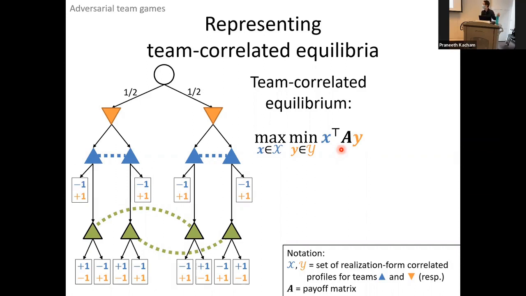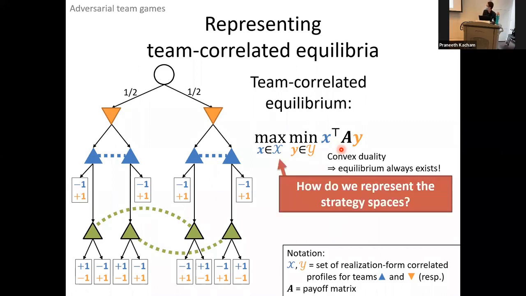Great. Now, given this, everything that you were mentioning a moment ago follows immediately. We have duality, we have unique values, we have a representation that can be represented as a convex combination of at most a small number of vertices. So everything is nice. But I haven't answered why we are not done here. It looks like we might just be done, and convex duality implies an equilibrium always exists. We're not done because we don't know how to represent these strategy spaces.